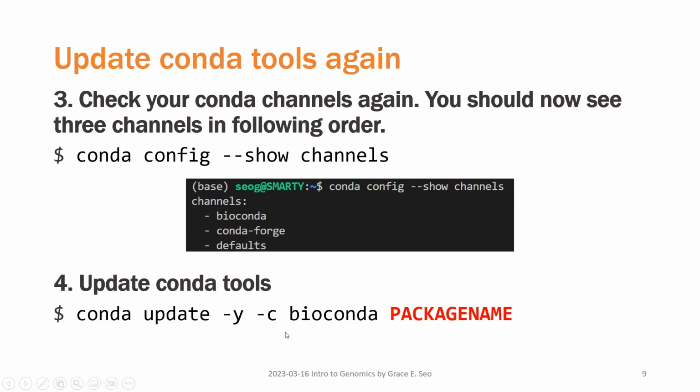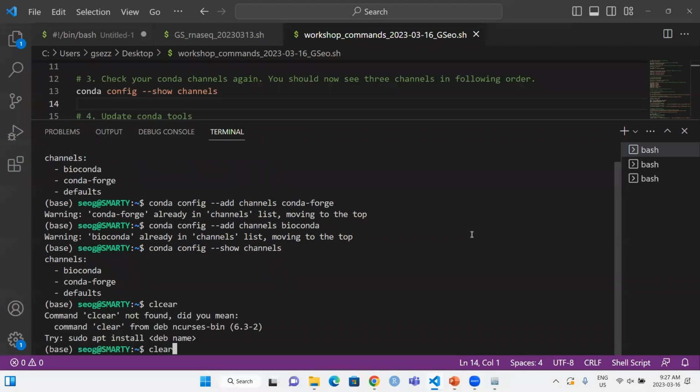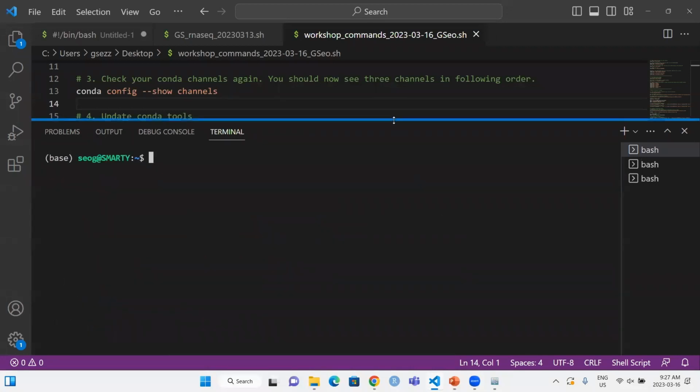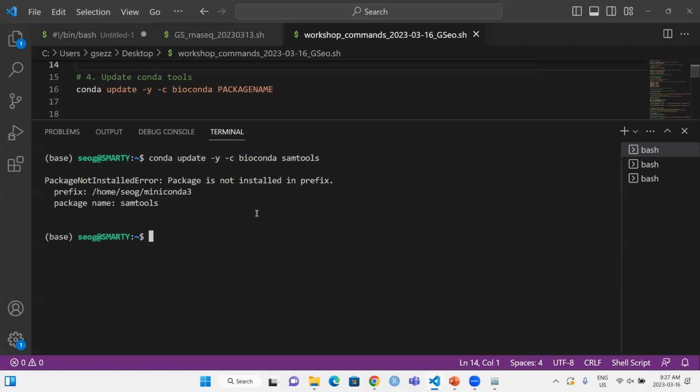Then you can update your conda packages, like the tools that you've installed for last workshop. If you're having trouble with SAMTools, we can update that. So we'll do conda update -y for yes, -c to specify the bioconda channel, and the package name. So if you press enter,